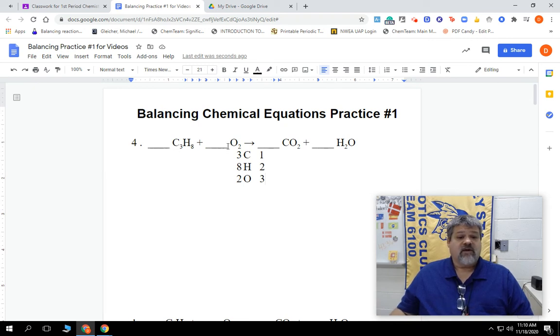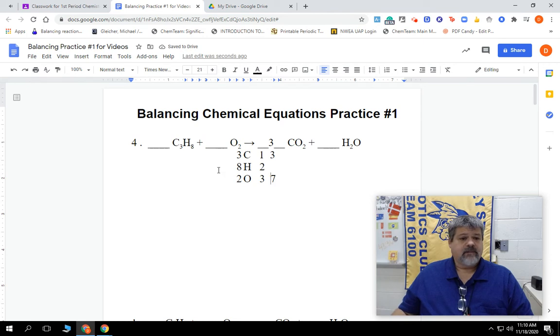So we're going to start off by changing our carbon to 3. So we're going to put a 3 here, which changes our carbon now to 3 on this side, but it also changes our oxygen to 6, 7. So we're going to change our oxygen down here to 7. I'm going to wait on the oxygen. I'm not going to do the oxygen right away, so I'm going to wait on the oxygen,